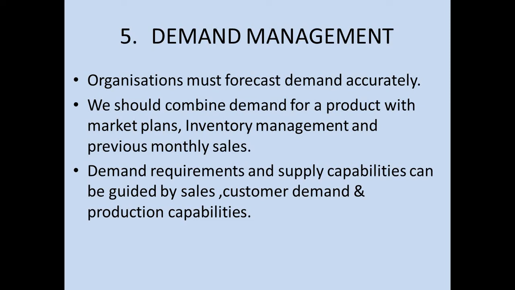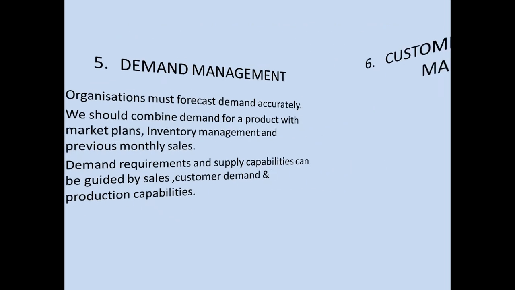The supply chain will take all the demand requirements from production, and demand management depends mainly on previous month sale, the customer's present demand, and the production capabilities of the particular plant or production unit. Demand management plays a major role in the supply chain because ultimately the customer should be satisfied with our supplies. Therefore, we should have demand and forecast, and they should match accurately with the next month forecast.